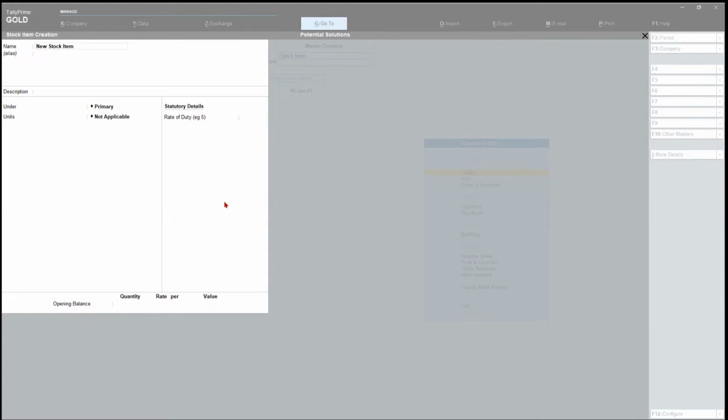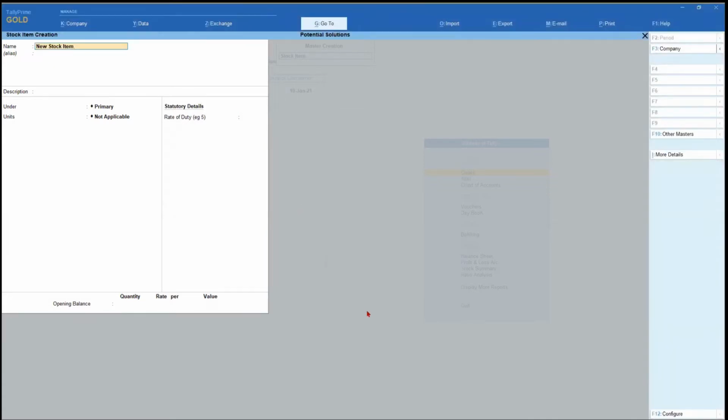Now, let us say a business is starting afresh and they are using Tally and they are creating their accounting master and inventory master, where they are creating all the stock items. Since it is a new company, definitely they are not going to have any existing stock.